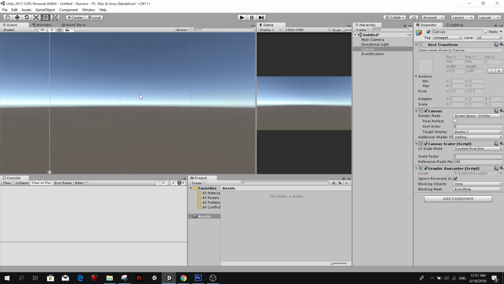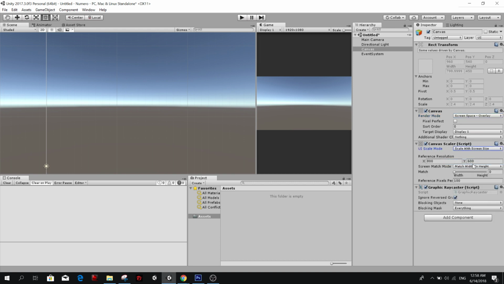We'll work here on the scene view. I'm going to set my canvas, and I'm just going to go quickly. I don't want to make this a tutorial. If you have questions, ask me in the comments. I don't think we will have enough time if I go slowly through everything like I usually do in my tutorials, so I'm just going to speak while I do things. I usually like to scale with screen size, and I set a reference resolution of 1080 by 1920.